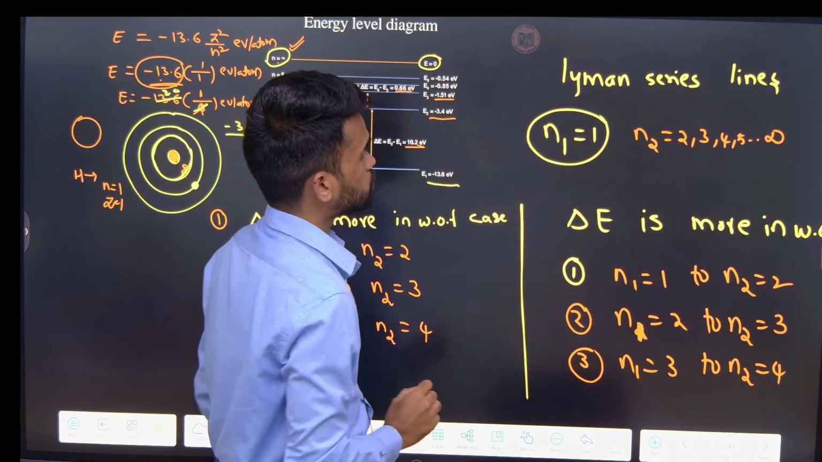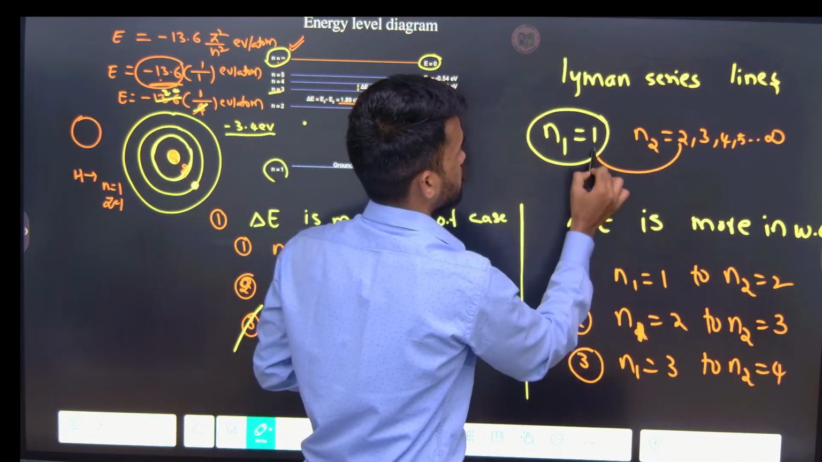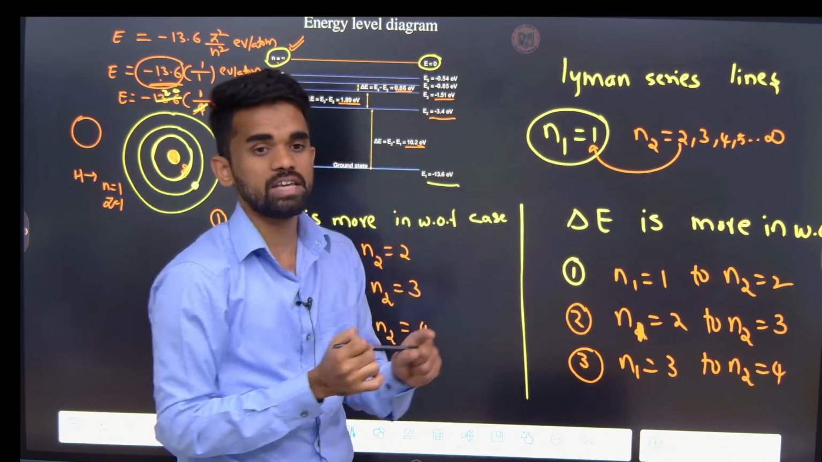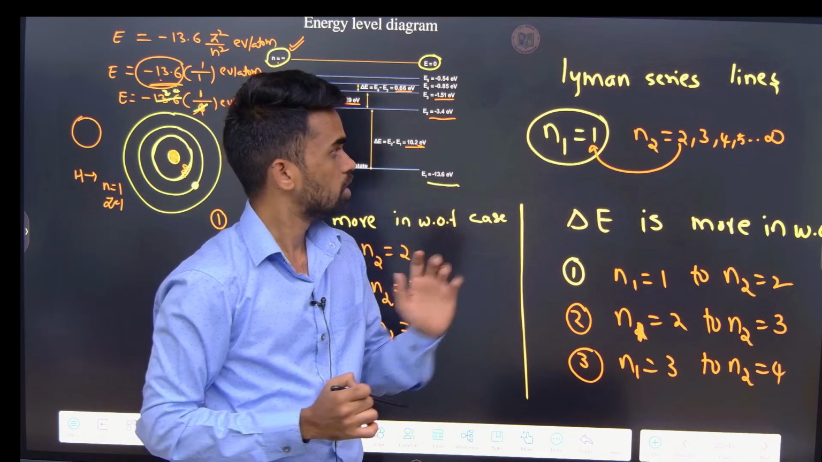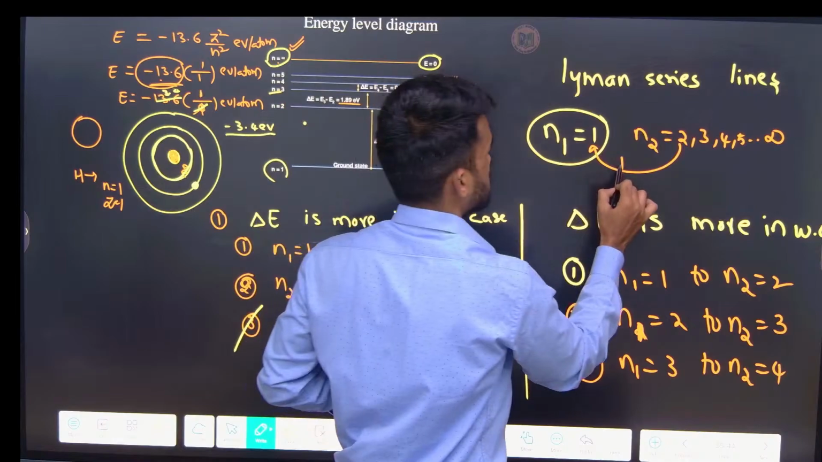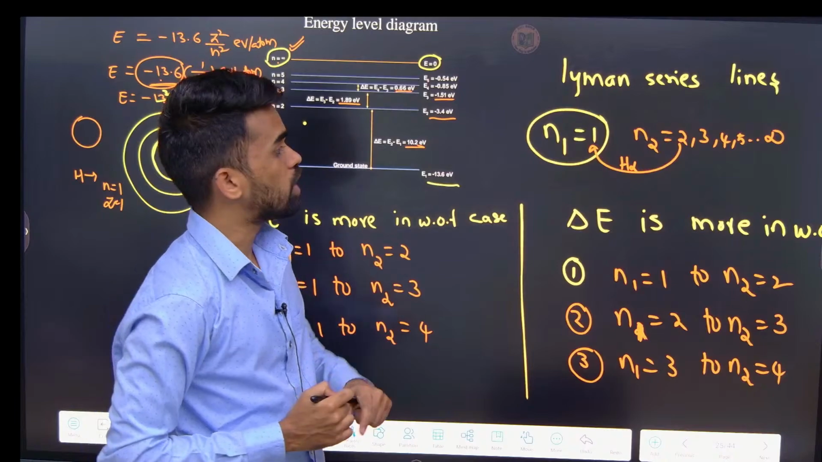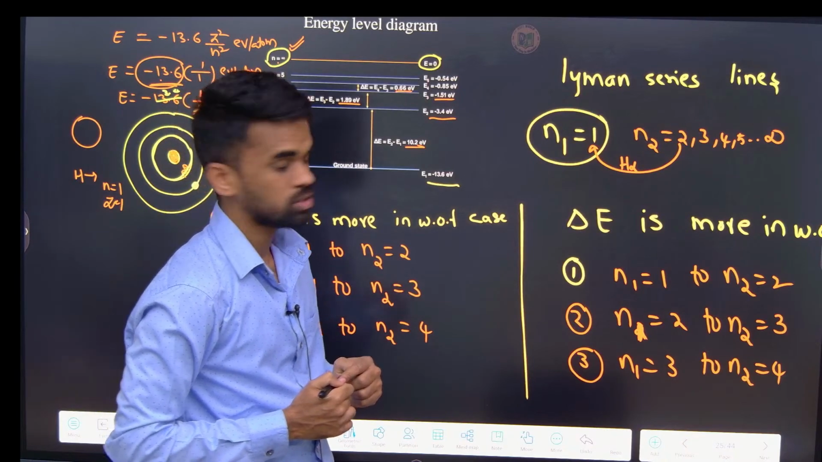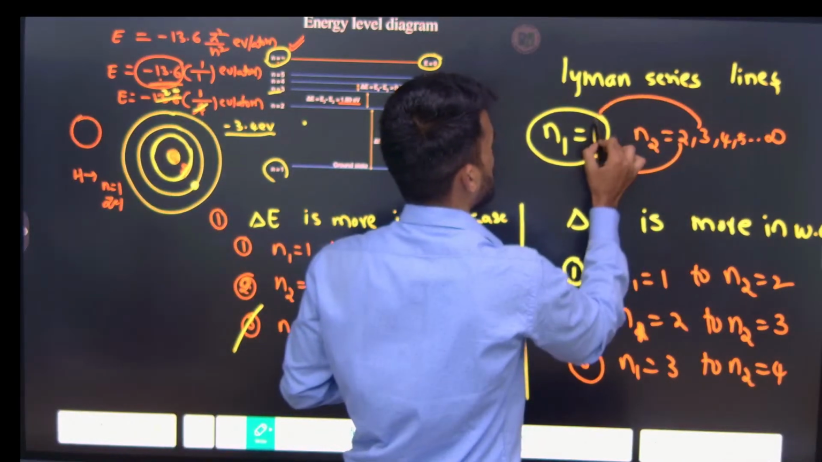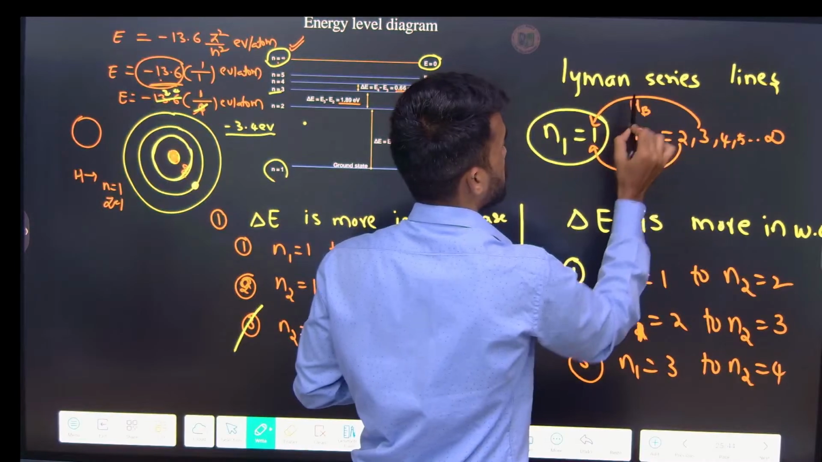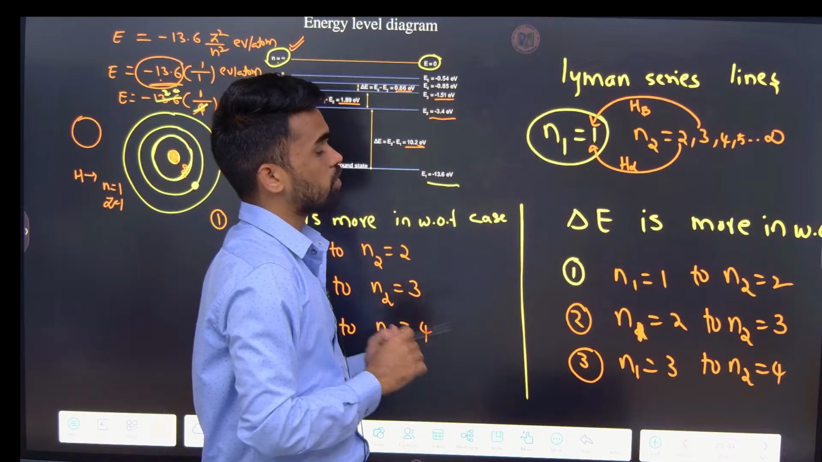Now what is the closest line we have? 2 to 1. This is the first line of the Lyman series. Now they will ask what is the H alpha line of the Lyman series? 2 to 1. So this is the H alpha line, or the first line of the Lyman series. Now what is the H beta line? 3 to 1. Do you get what I am asking? So this is the second line, or H beta line. H gamma line means the third line. Now H infinite line means